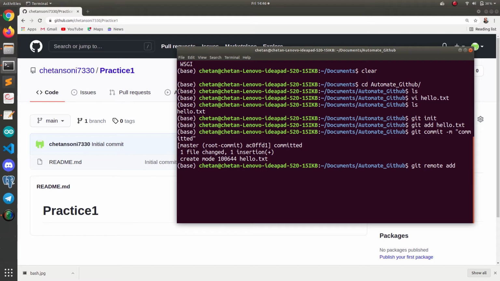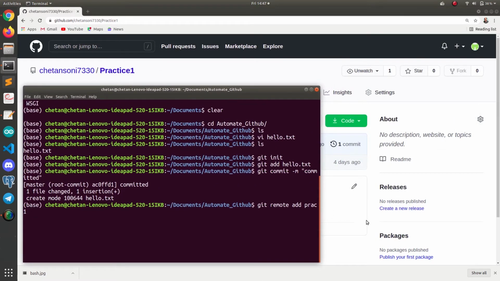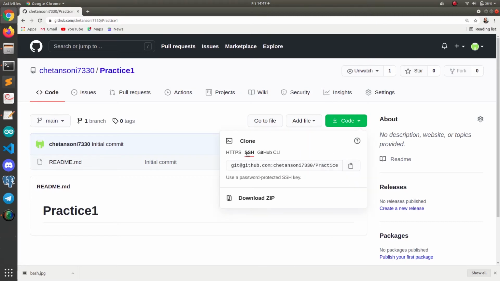We can just write prac1, because it is practice 1, and after that the link of our GitHub repository. So let me go here. You can see the SSH link. If you have not connected your machine to GitHub with SSH, you can also use the HTTPS link, but I have already connected my machine to my GitHub account, so I am using this SSH link.